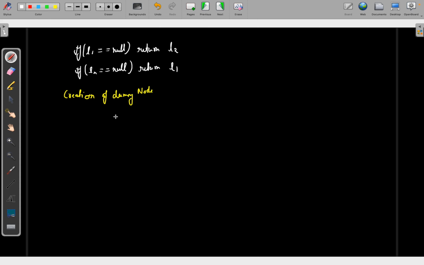Basically, you can create a variable. Suppose I'm creating dummy equals to new ListNode. That's a class or constructor I'm using, new ListNode with the value of 0, and I will create one temp variable that will point to dummy. Once I've created this, I will mention: while L1 is not equal to null,